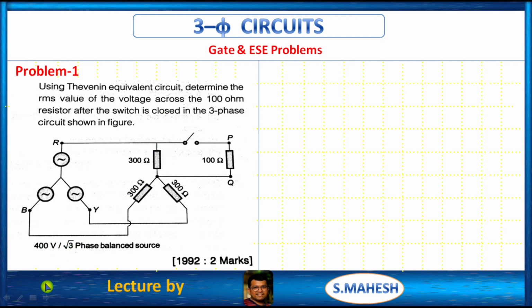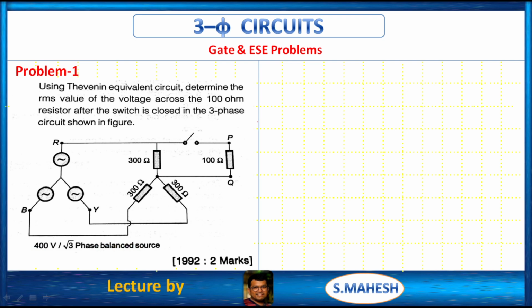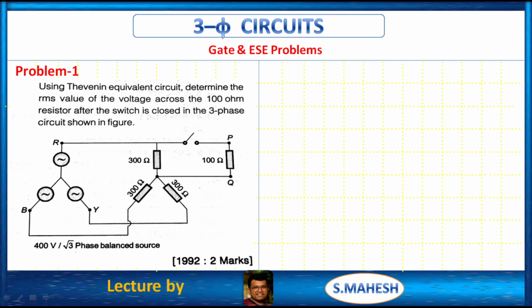Now we all know that to get the Thevenin's equivalent circuit, first we have to get Thevenin's equivalent voltage and Thevenin's impedance. Later we have to draw the equivalent circuit of Thevenin. First, VTH is equal to V phase, that is 400 by root 3, which is equal to 231 volts of Thevenin's voltage, that is the phase voltage,